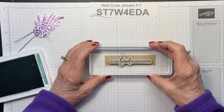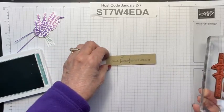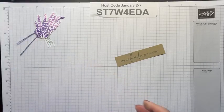Okay, I'm trying to line up the top of that L and the bottom of the L to make sure they're on my card. And I'm using Lost Lagoon. I could have used Gorgeous Grape. It would probably show up better on...